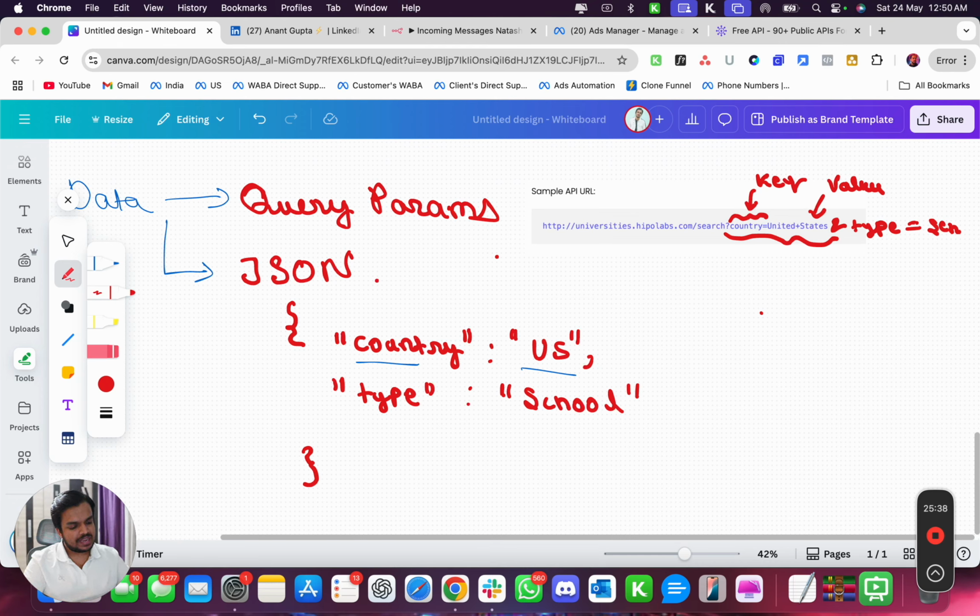I've shown you the simplest form of JSON, which looks like this. Open a curly bracket, close it, and then inside of the curly braces, you put the key value pair like this. This is key and value. And then you can put a comma and put another key value pair. That is your JSON. But can you tell me why we had to use JSON when we already had a key value pair? Drop it in the comments, right? And I want you to do some research, because that's your homework. I know you will go ahead and find that out in the next video, but if you do not research on your own,